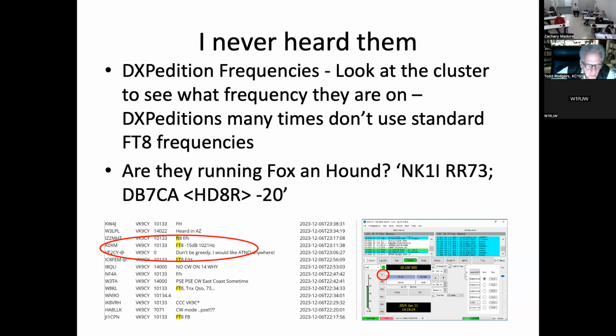You can look at the recent spots and find out, for instance, on this side here, I can't remember who this was. VK9CY, I think, down south of Australia. You'll see he was on 10 meters, 10133. The normal 10-meter FT8 frequency is 10136. But because there's a zillion people out there already, it's a lot better for a DXpedition to be off on some other frequency. But you won't know that